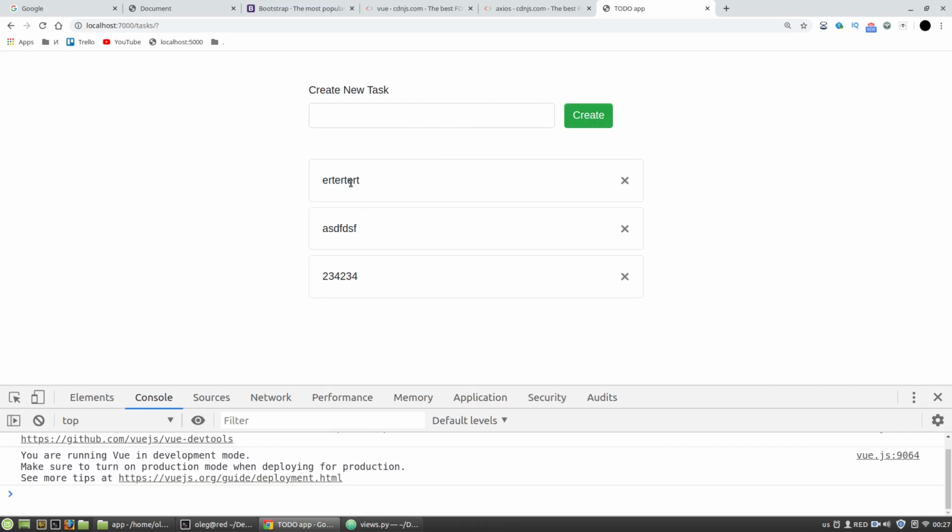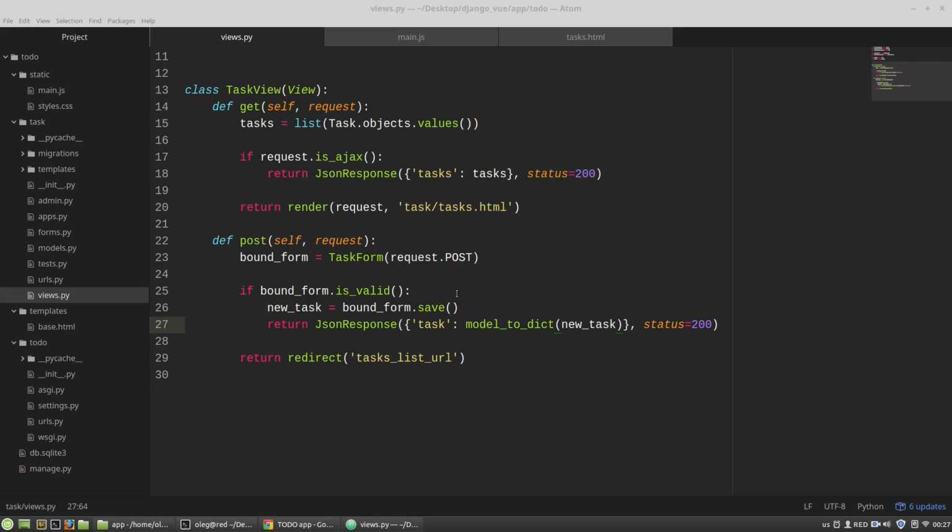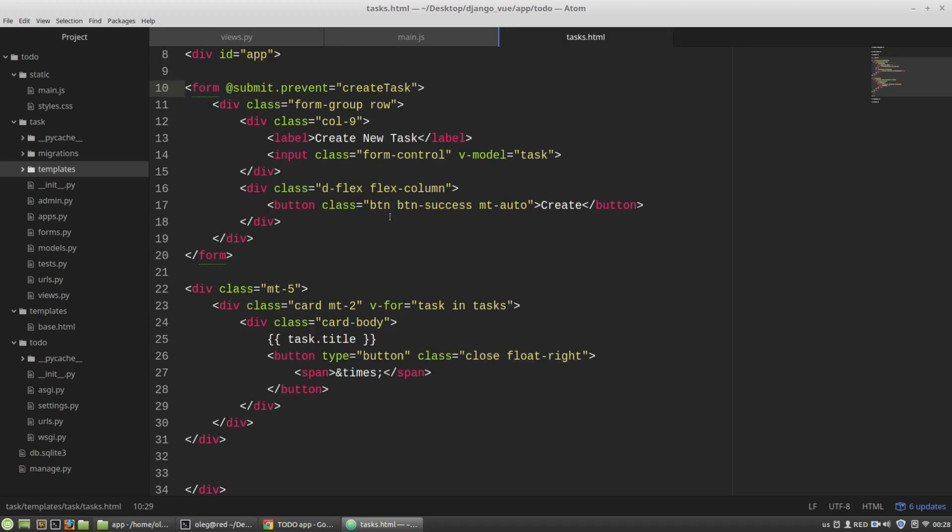F5 again, and I've got all tasks when the page is loaded. Great. The next step is to change the state of a task. I want to complete a task by clicking on its card. And again, I need a click event handler, and I need to bind the event handler with the click event. Binding a click event with its handler in Vue.js is very simple. I am adding to the card div